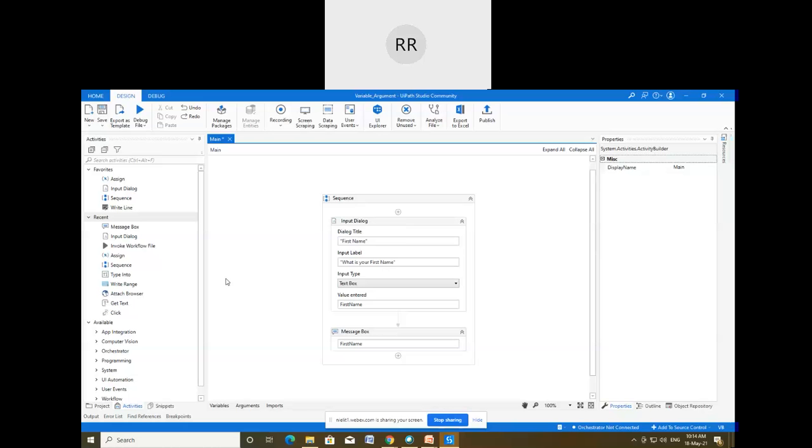So this is a very small example of displaying the name of the user, or you can say displaying the input provided by the user. Here the user has provided the input as the first name, so I am going to simply display it with the help of a message box. So just let me debug this.